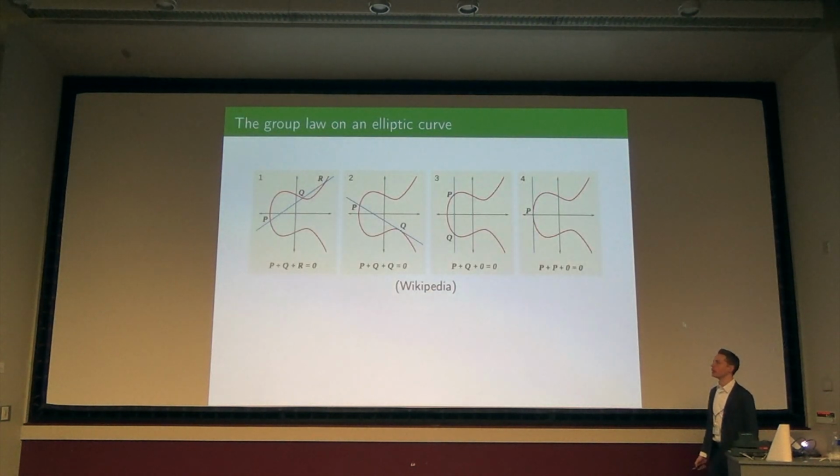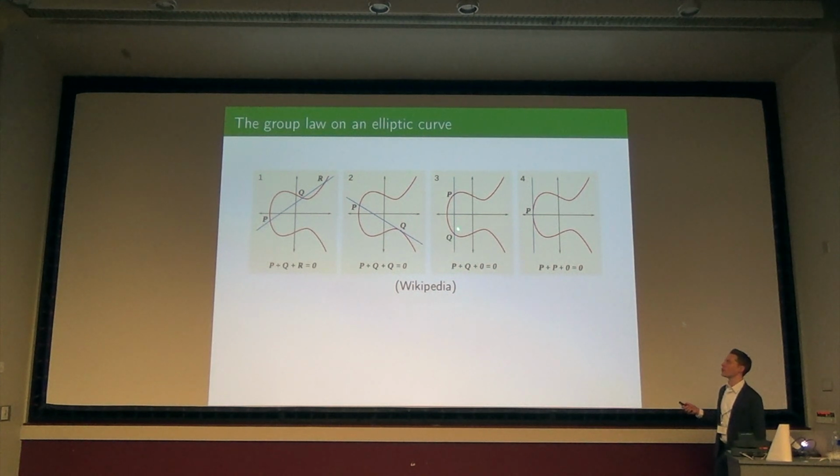Okay, so now officially I just want to show you this slide about P plus Q is equal to R. One way to think about the group law is when P, Q, and R all lie on a line, they sum to 0. So the reason why I need to subtract R from the other side, that's why I have to reflect on the axis. So the reflection in the x-axis corresponds to the negation operation in the group law. And I guess the question then, so there are some degenerate cases where you want to double a point.